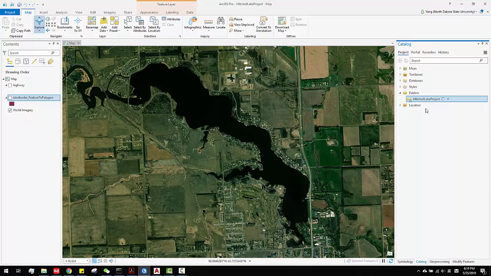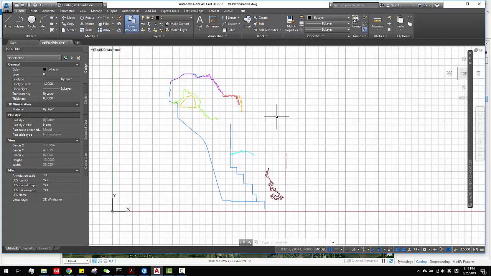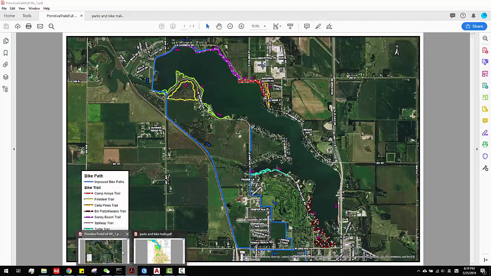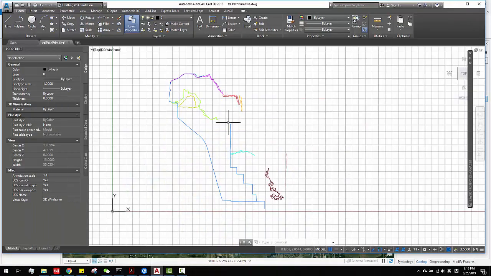But there's only one thing that I want to emphasize. If you want to connect AutoCAD with the CAD, you want to make sure when you draw in AutoCAD, or if you get the AutoCAD file from somebody else or a PDF import. In this case, I import this from PDF, which is all this kind of map from the cities. The issue with all this is